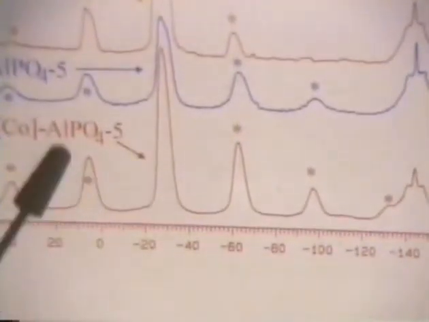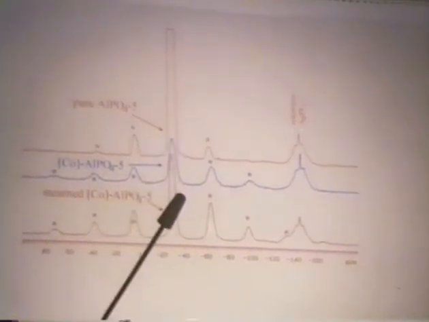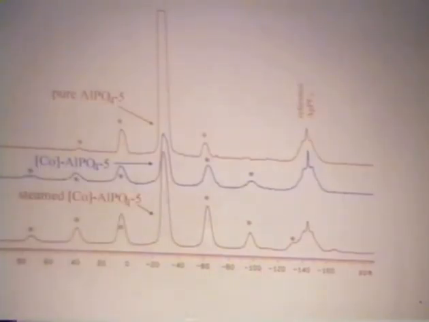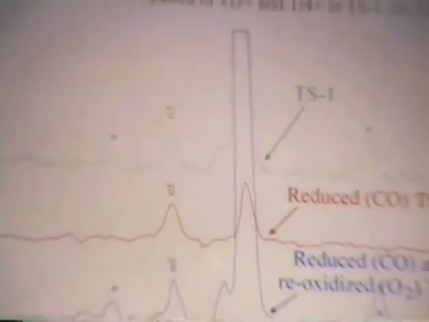So in the way, I'm going to take a minute or two here and defer to some earlier data. One looks at the alpha 5 and cobalt alpha 5. One sees that the phosphorus spectrum is very diminished by the presence of the paramagnetic cobalt. Likewise, for TS1, in green is fresh titanium in TS1, unreduced. If you reduce it, reducing the titanium-4 to titanium-3 obliterates the silicon-29 spectrum almost completely. If one then reoxidizes, one gets all of the silicon-29 spectrum back.